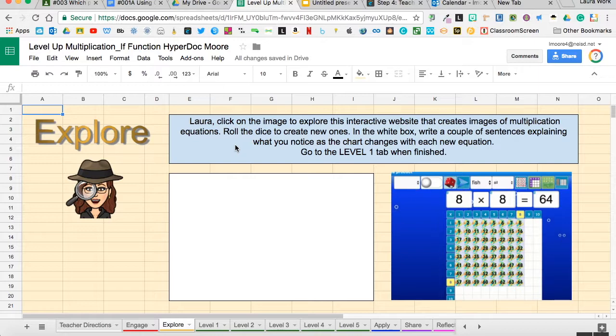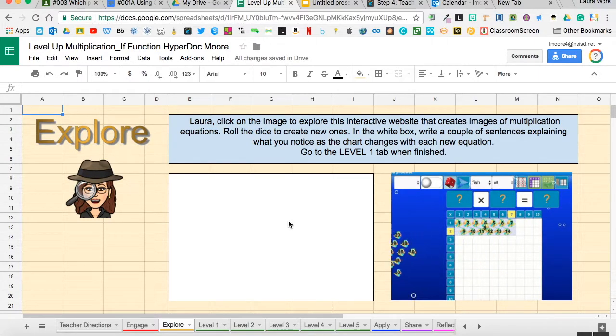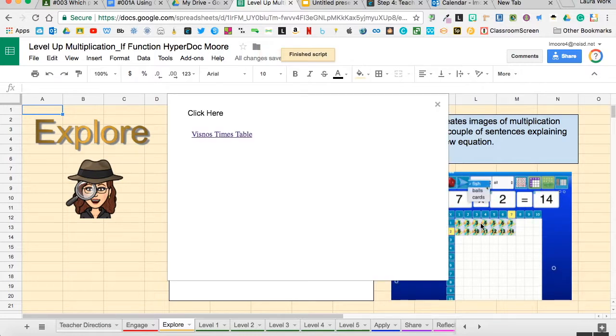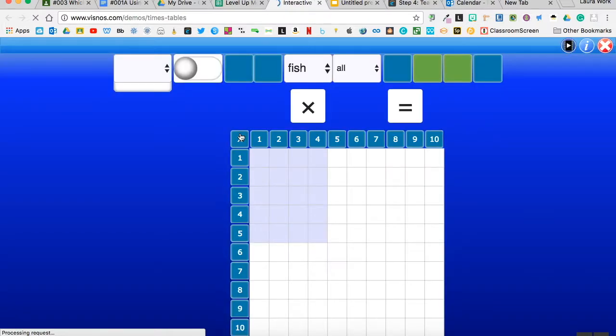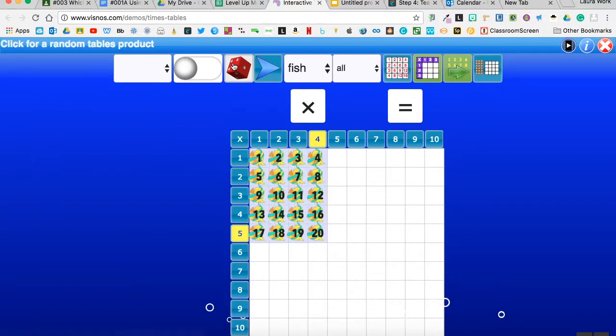Roll the dice to create new ones. In the box, they're going to write a couple of sentences just explaining what they notice as the chart changes with each new equation. When you click on it, again, it's going to pop up with the link to the website. And when you roll the dice,